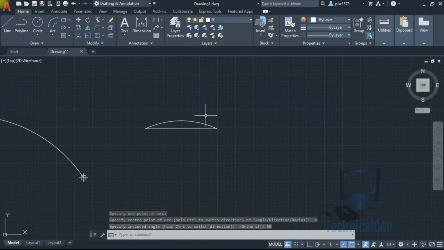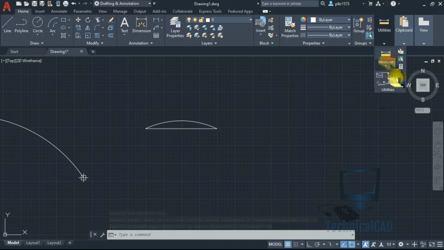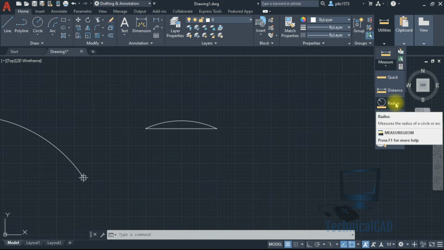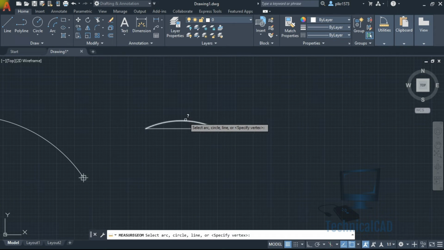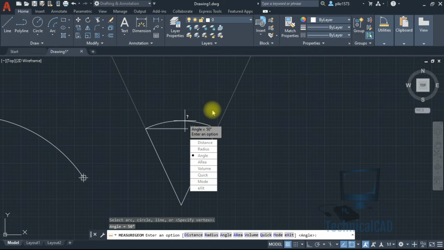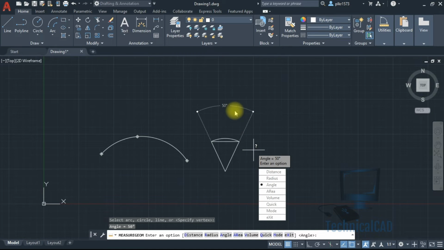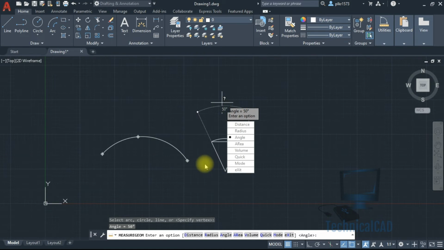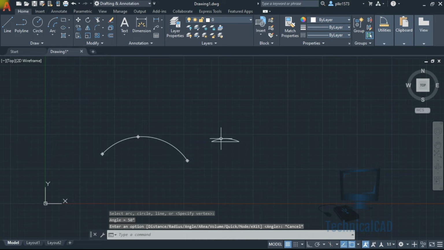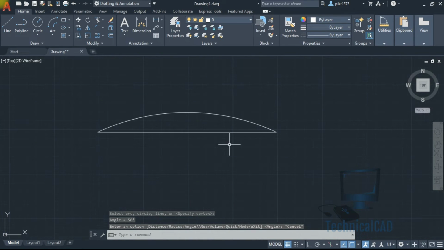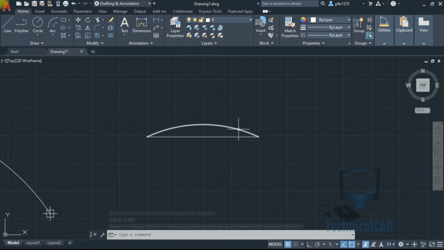Now you can measure the angle of that arc. Select this curve. So we only have the parameters starting point and ending point, and we have to give the angle. Based on the parameters given, it will take the center point automatically.